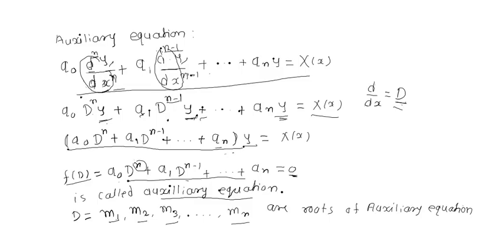Now next, how to obtain the auxiliary equation. We know that this is a linear differential equation. Just put d by dx equal to D, meaning this is the derivative notation. After putting this, we get this equation. Take y common, we get this, and denote this bracket by f of D, which we call an auxiliary expression. If we equate it with 0, we call it an auxiliary equation. The degree of this auxiliary equation is n, that means it has n roots. So consider the n roots as m1, m2, m3, up to mn.